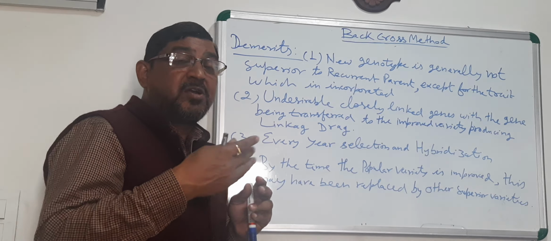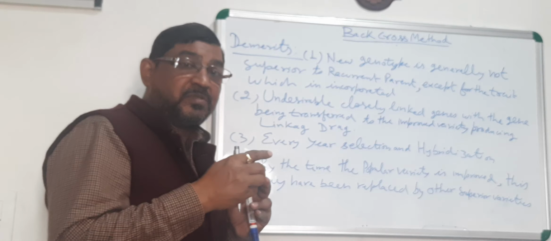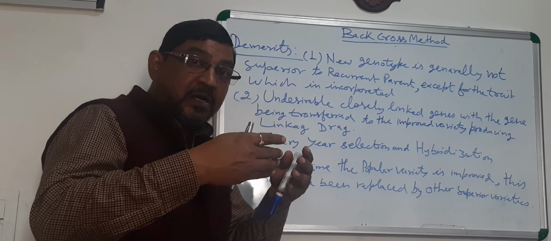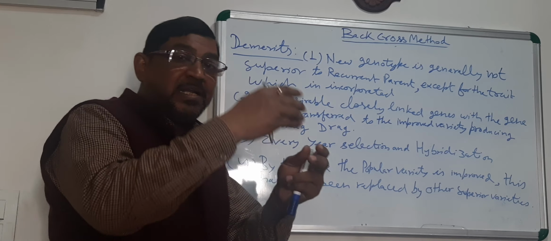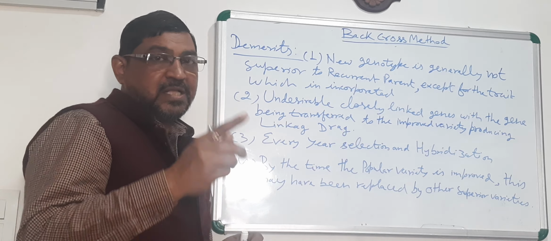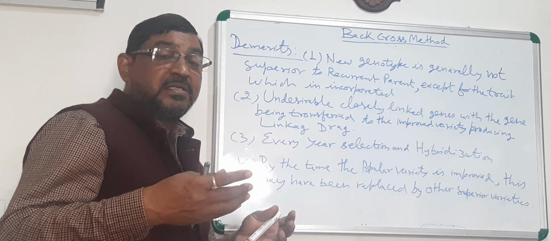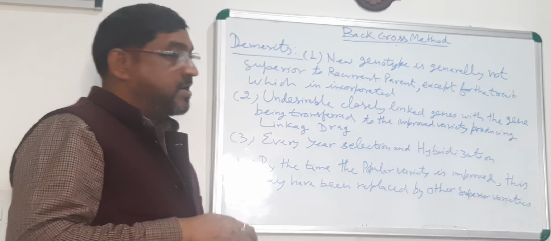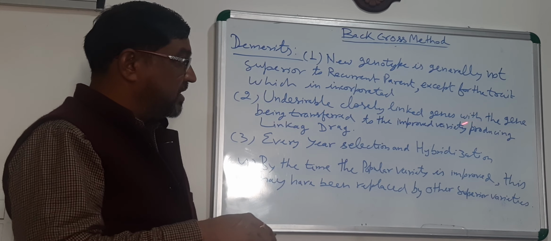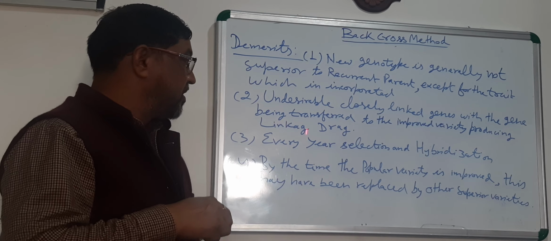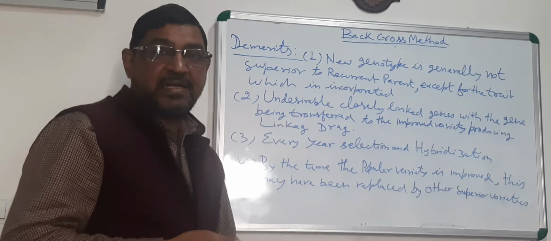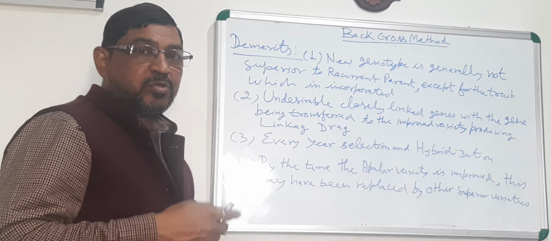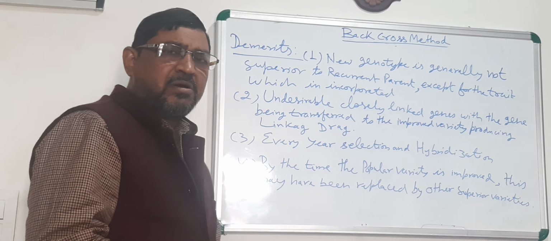So that is creating a lot of trouble, because if on the same chromosome the undesirable gene is tightly linked with your desirable gene, then it creates a lot of trouble. You may not get success because of this. So you have to see this also. If it is creating problems, you are going to get a lot of linkage drag, a lot of other unwanted genes in your variety. So at last you are testing all the things.